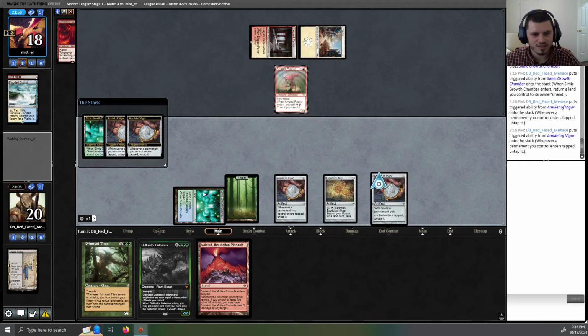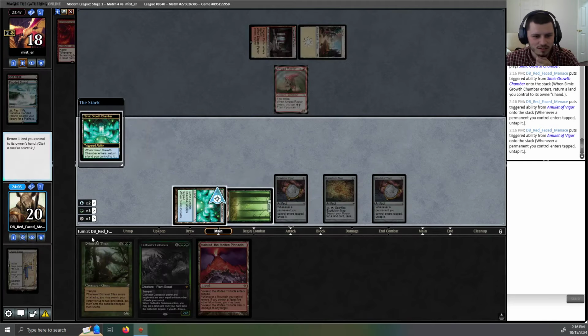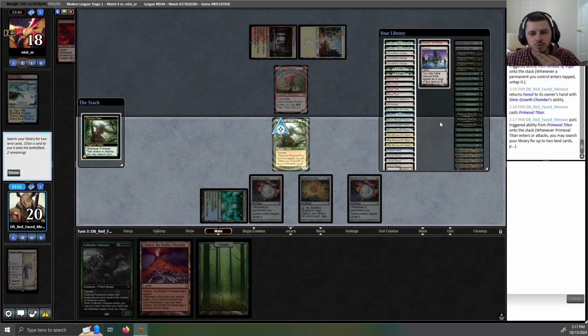So we get to execute the very typical double amulet kill here with our Titan. Here's 1 Primeval Titan. Oh, I guess we actually could go double bounce land into Cultivator, and that's probably better. Yeah, I guess we're supposed to go double bounce land into Cultivator. I guess we can copy our Titan first to get an extra land in hand. I mean, the actual kill...